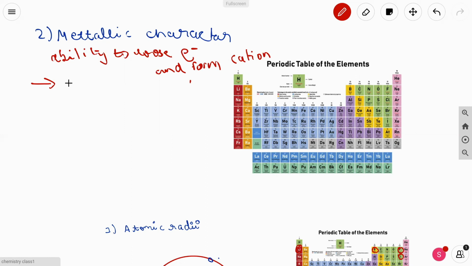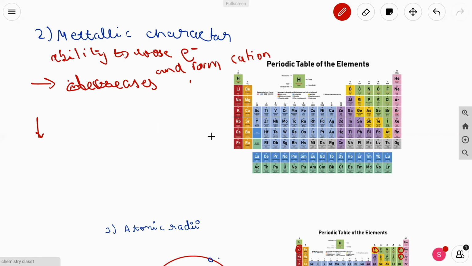So across a period, metallic character decreases. That's also a little bit common sense. Also, you can see here we have all the non-metals, and we have the metals on the left side. And then down a group,